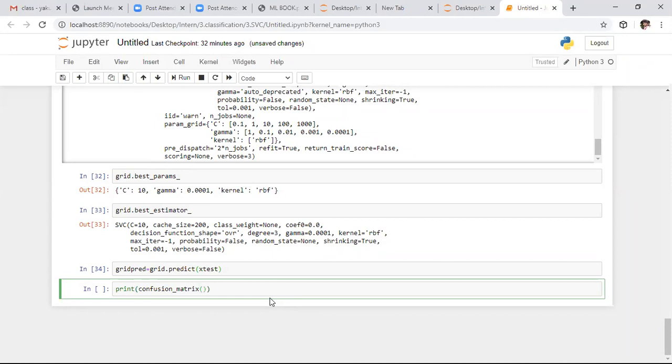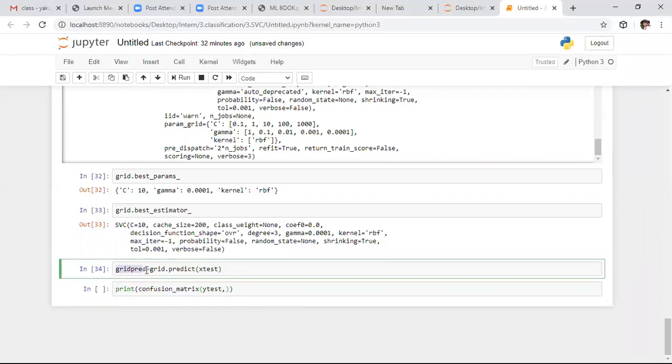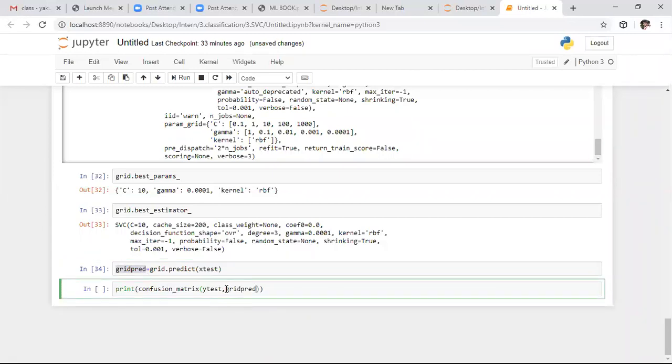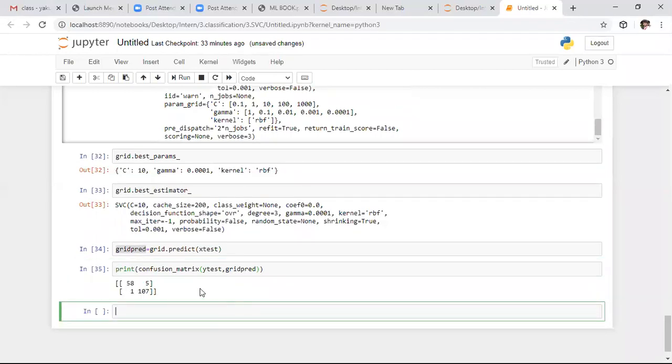In this we need to specify the y test data. After that we need the grid predict, the predicted output. We have all the predicted values in grid predict only. So I'm copying and pasting that. Here I want to observe the confusion matrix. So here it is. We got a very good outcome.